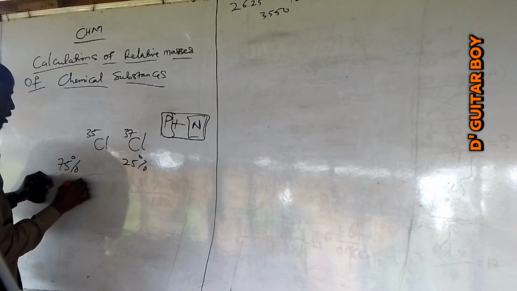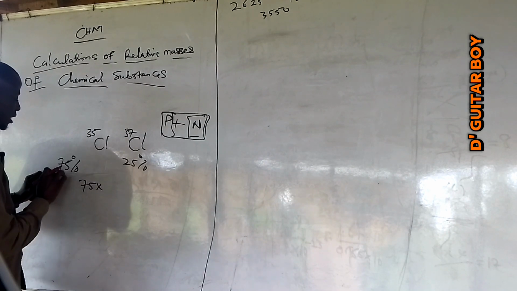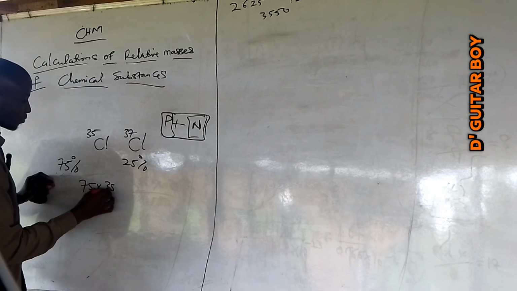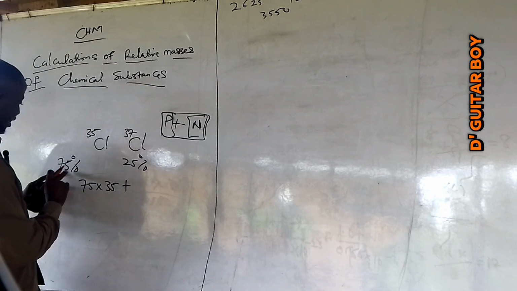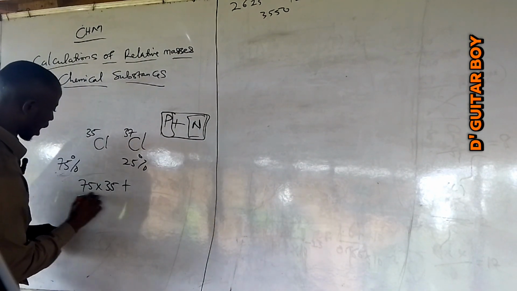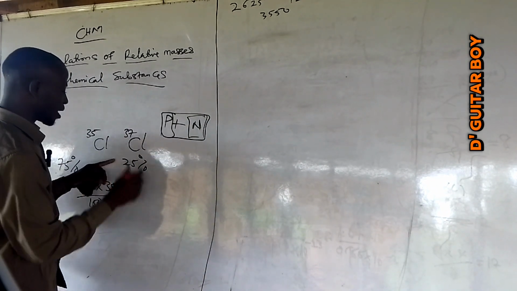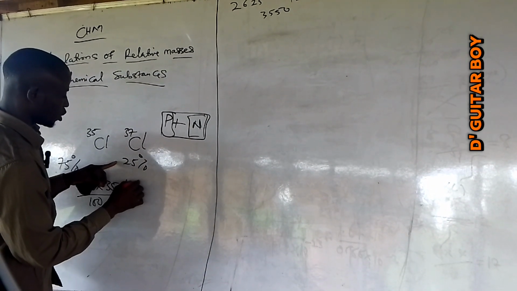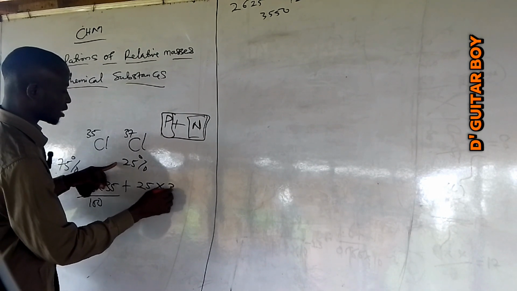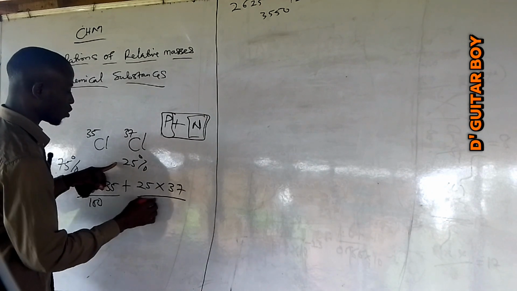The solving will be 75 times 35, plus the percentage abundance times the relative mass of the first one, all over 100, plus the percentage abundance times the relative mass of the second one, which is 25 times 37, all over